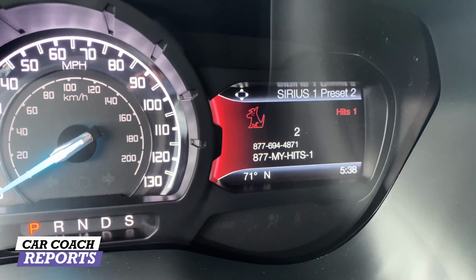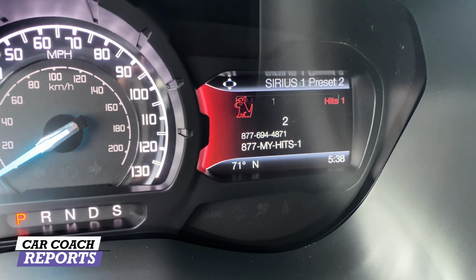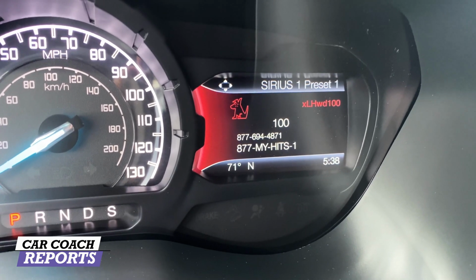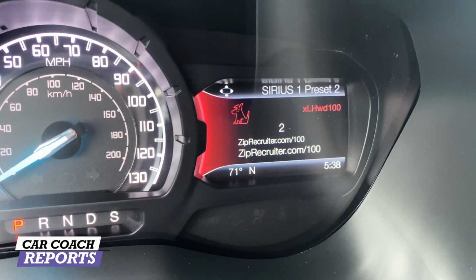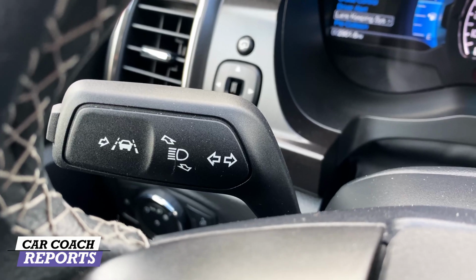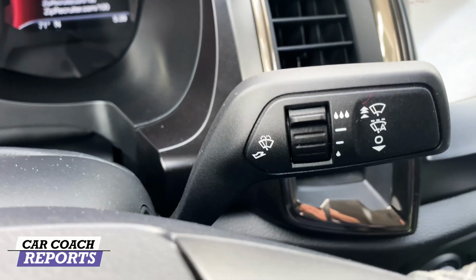On the right side of the regular gauge, which I actually like, especially for off-roading, you can pick your adjustments for what you're looking for. You can pick your stations, whatever you're looking for there. Pretty normal for audio systems, and that can be adjusted as well. The stalks on each side of the steering wheel are pretty normal, nothing unusual that you would see, and that's